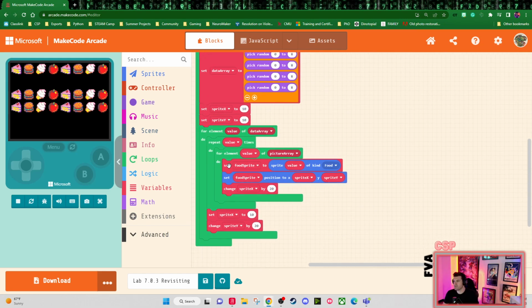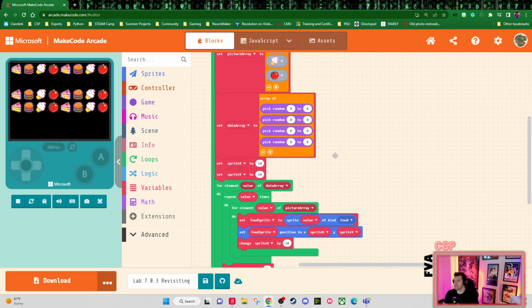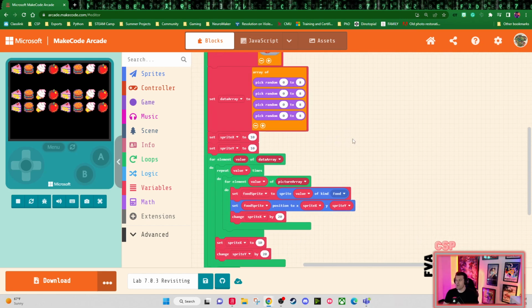Here's the picture array, data array. Down here, what's interesting is set food sprite to sprite value. Value is coming from this for loop. I see some potential conflicts here. The first thing I'm probably going to do is break this for loop